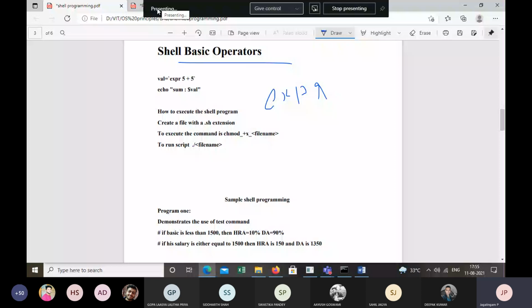Okay. Now, what is the advantage of a shell script? One advantage is that writing a shell script is quicker, and the second could be interactive debugging. But what is the disadvantage here? Why is it not used other than by system admins?